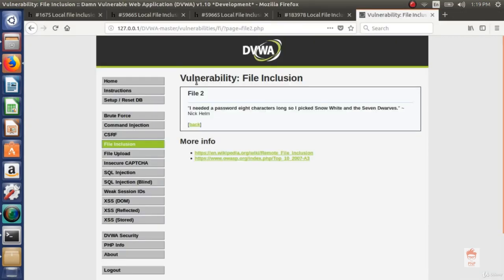Now go back to your DVWA. So using this parameter, if I include this sensitive file, then this file will be shown on the screen. And this is a sensitive file. This file should not be seen by every other person. So if I enter